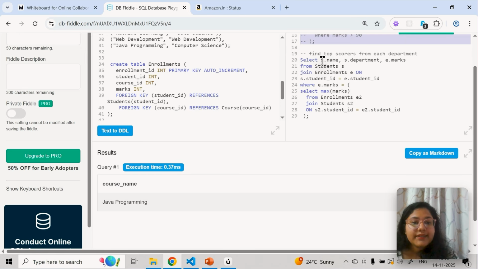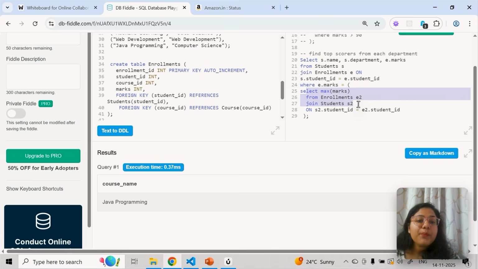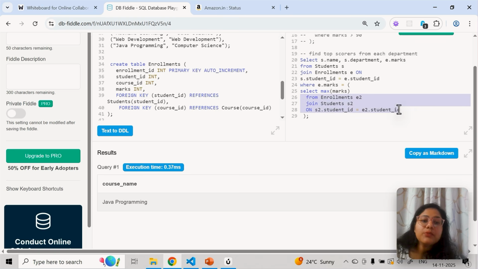Okay, so I'm saying select name, department, marks from the students table, inner join this, so only students' name and department will come who have enrolled firstly. Then after this I'm putting a condition: those students who have scored maximum marks. We are doing this because we only want students who have enrolled, so we are repeating this inner step. That's why we created an alias on student ID.